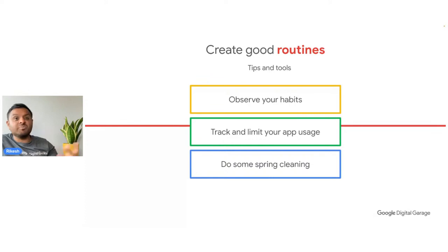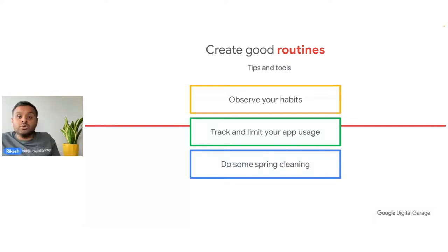However, what I would say with something like pickups, how many times you are opening your phone, is that rather than using that tool to determine how many times you are picking up your phone, you can simply create a tally on pen and paper. Every time you pick up your phone, you tally that up, and then find out how many times you actually use that device. So observe your habits. You don't need to look to change anything just yet, but observe it, because once you've done that, you can then look to change things.